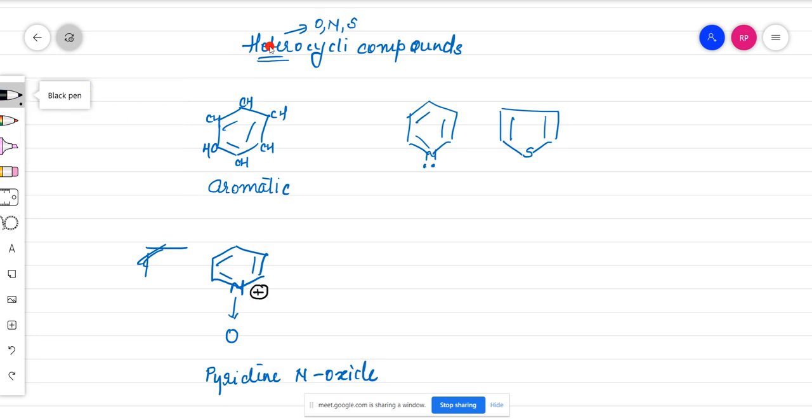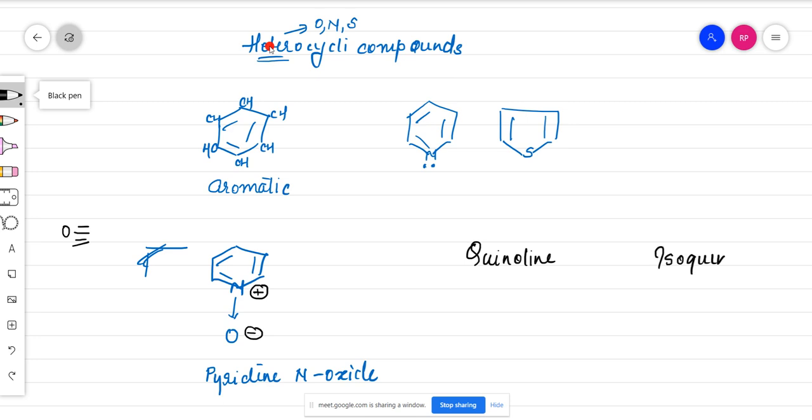And oxygen, how many bonds does oxygen have? Oxygen has two bonds, yes or no? So it has formed only one bond, it's a coordinate bond. So oxygen has that lone pair of electrons on it. So it becomes what? Oxygen has its electrons on it. So this will have a negative charge. So just remember the pyridine N-oxide structure. Okay, this is one. Then we are going to study quinoline